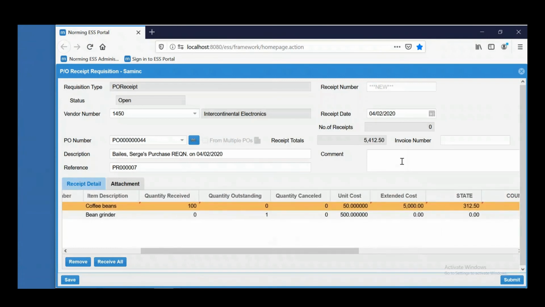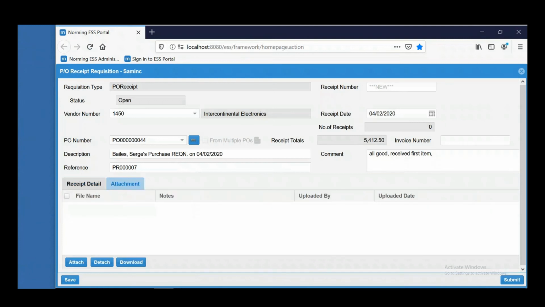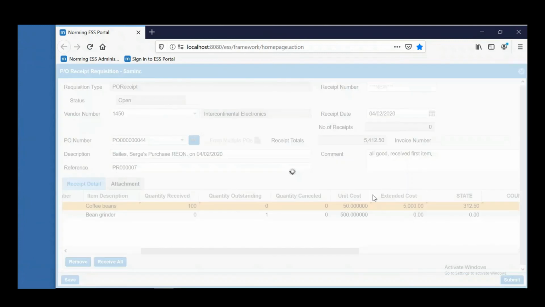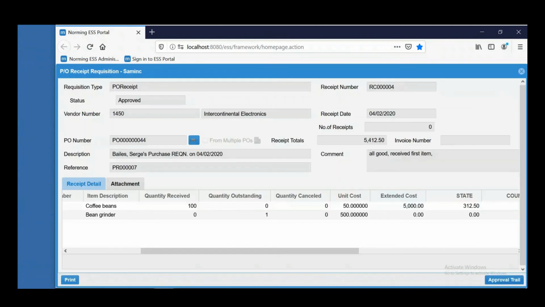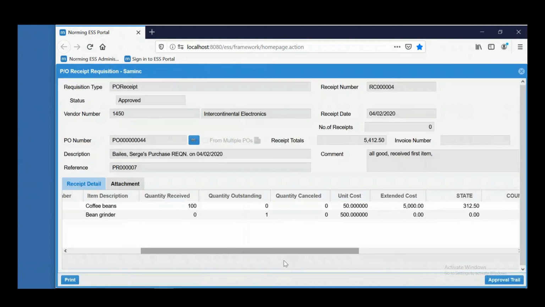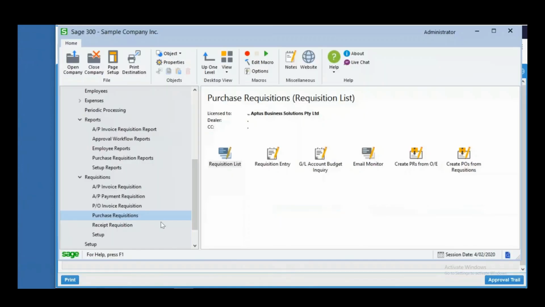What I'm going to do is write, yep, all good, received first. All right, perfect. Add any additional attachments to this actual receipt. What I'm going to do is I'm just going to submit this through and watch it pass through. Now, in my scenario, the receiving purchase bypass the approval because everything's within our rules. What you can do though is I'm just going to jump back into the back end, and